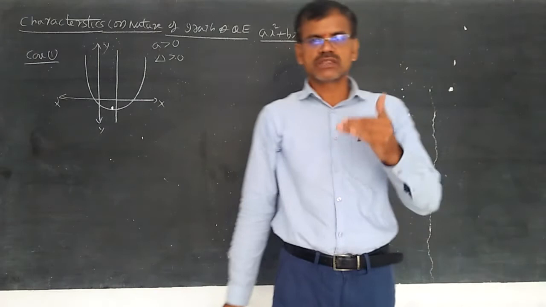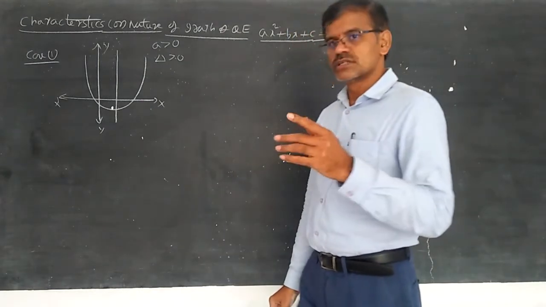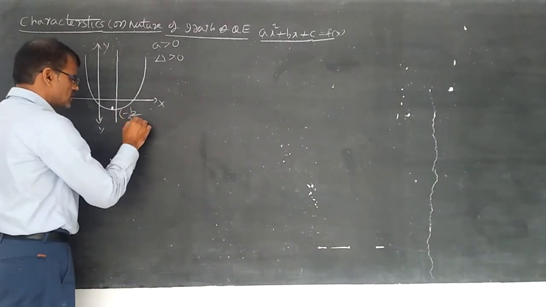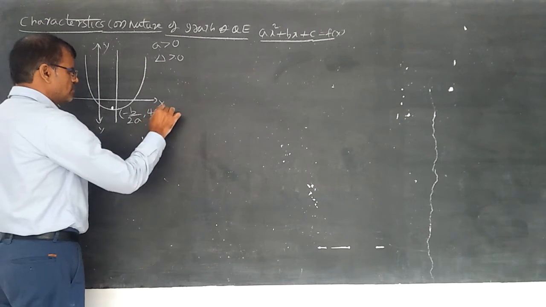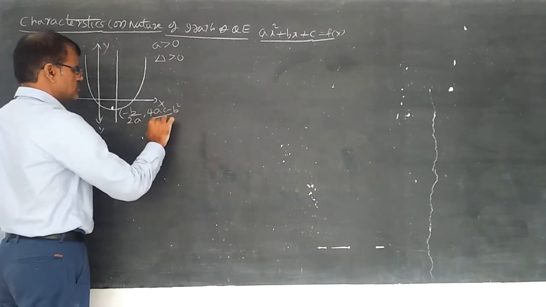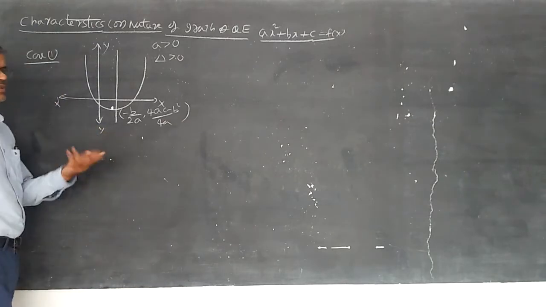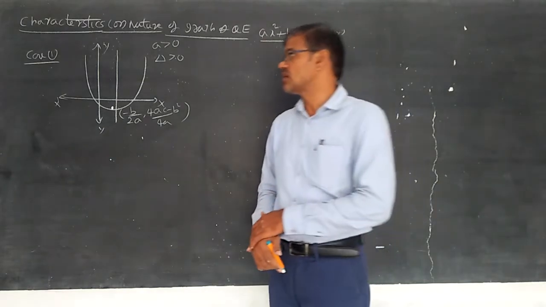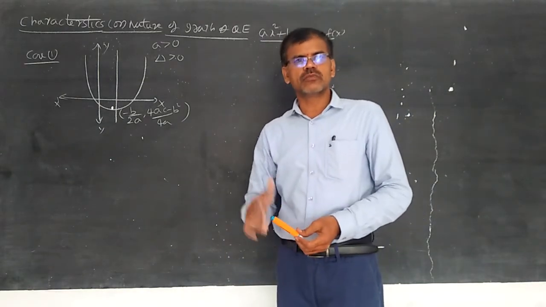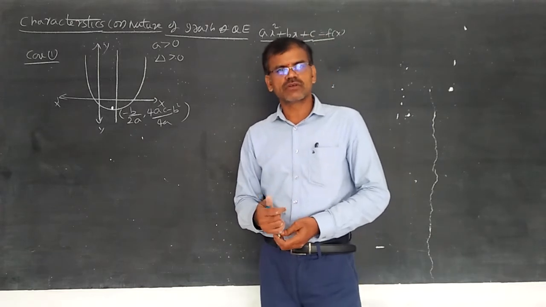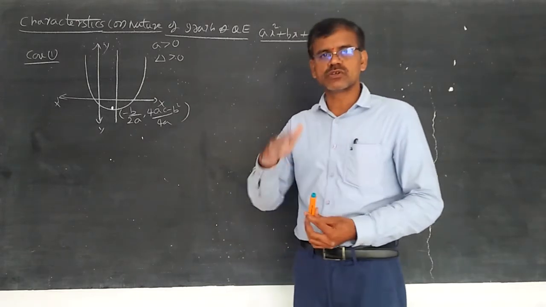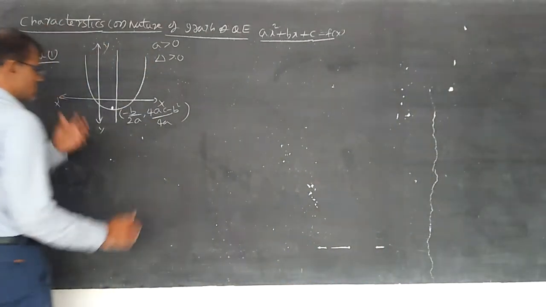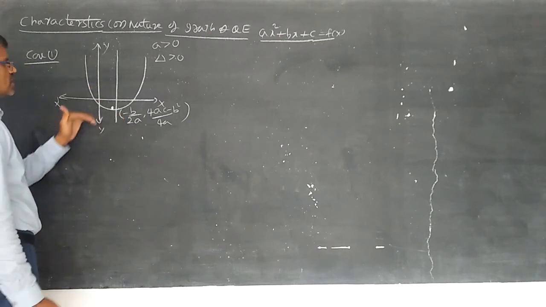Whenever a greater than 0, the curve has a minimum value at x equal to minus b by 2a, and the minimum value is 4ac minus b square by 4a. That is the minimum. There is no maximum of the curve. From the graphs, it represents a parabola. There is no end point of the parabola. You will be knowing the characteristic and nature of the curve of the parabola. It is an unbounded curve. There is no limit. Unbounded, unlimited curve. So minus b by 2a and 4ac minus b square by 4a is the minimum point of this graph.